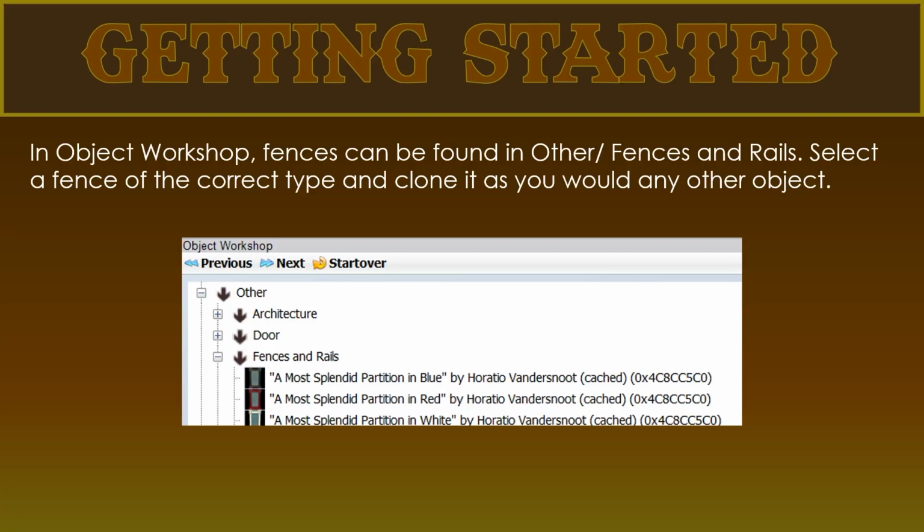To clone a fence, we go to Object Workshop, and then we go to Other Fences and Rails. And all of the Maxis fences are here. You would just need to clone from the appropriate type of fence. After we clone it, we wouldn't need to worry about the GUID that is generated in the XFence when you clone a new object. And then we would replace the TXTR as we normally would with a deco object,